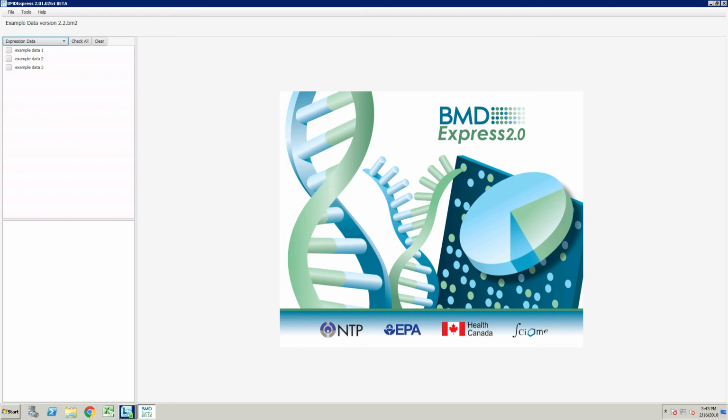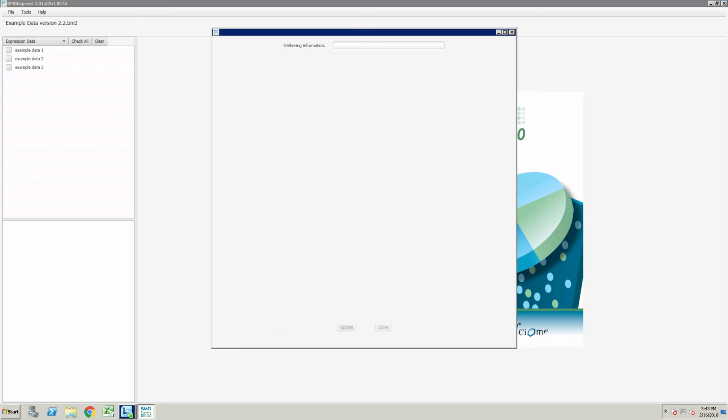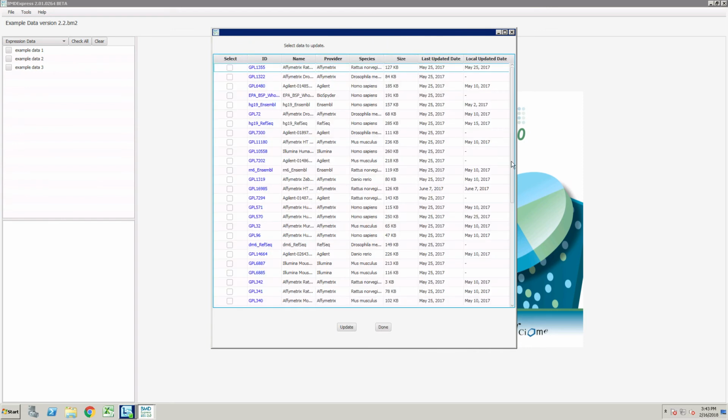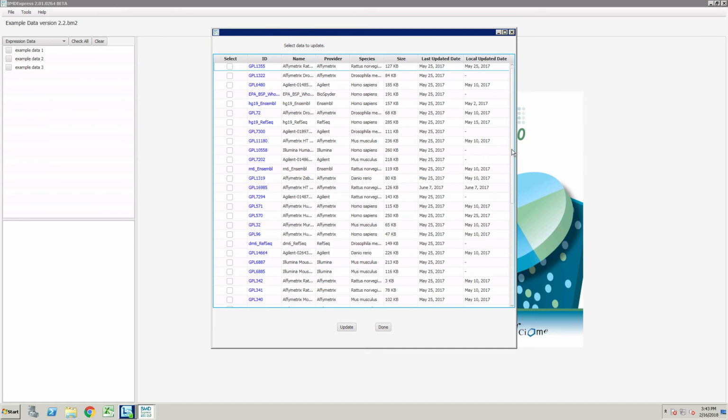Number one, you will need to update the annotations when you first open the application. You can do that here: File, Update, Annotations. And what it will do, it'll populate, goes off to a server at a company called Siome, and will come back and identify, give it with a